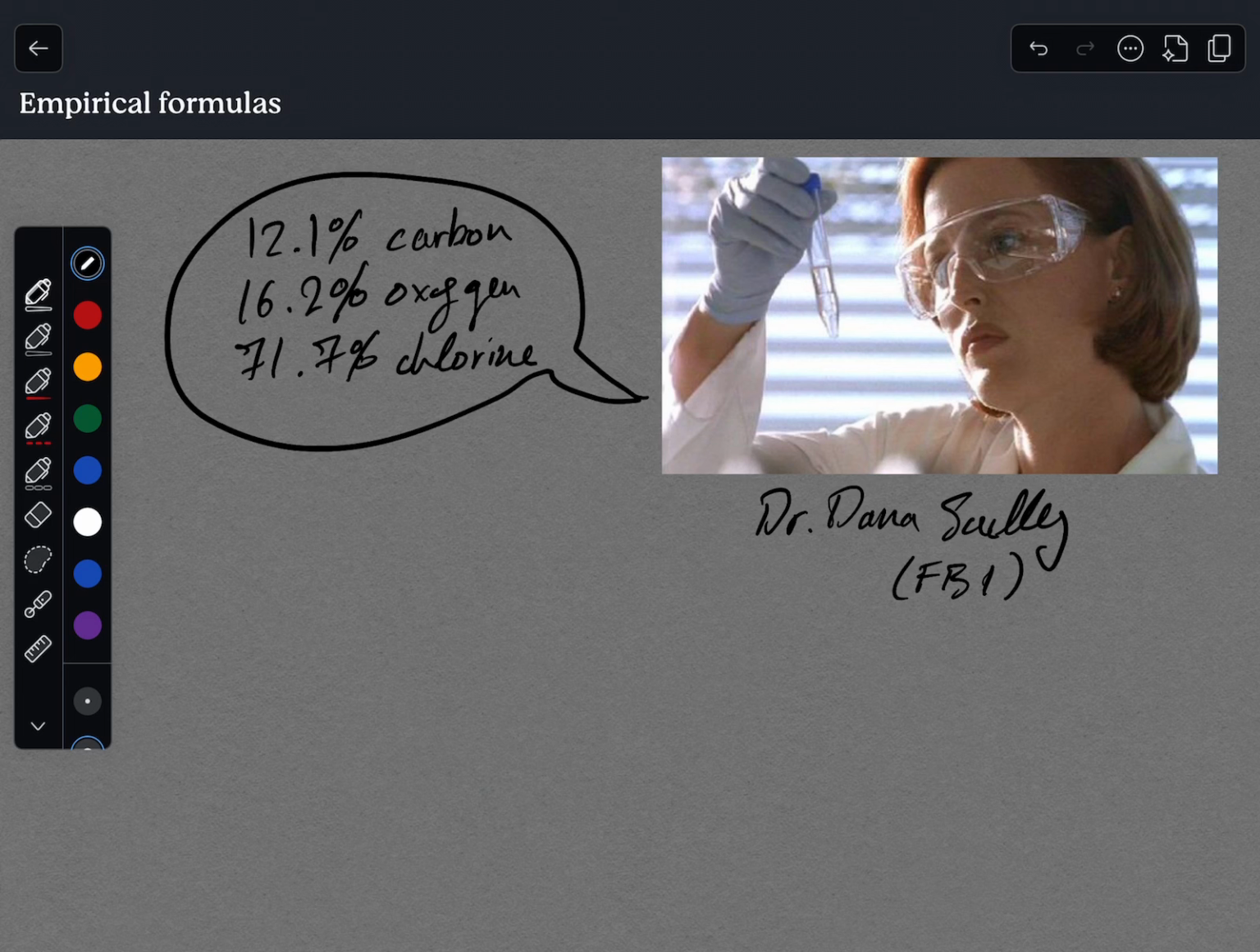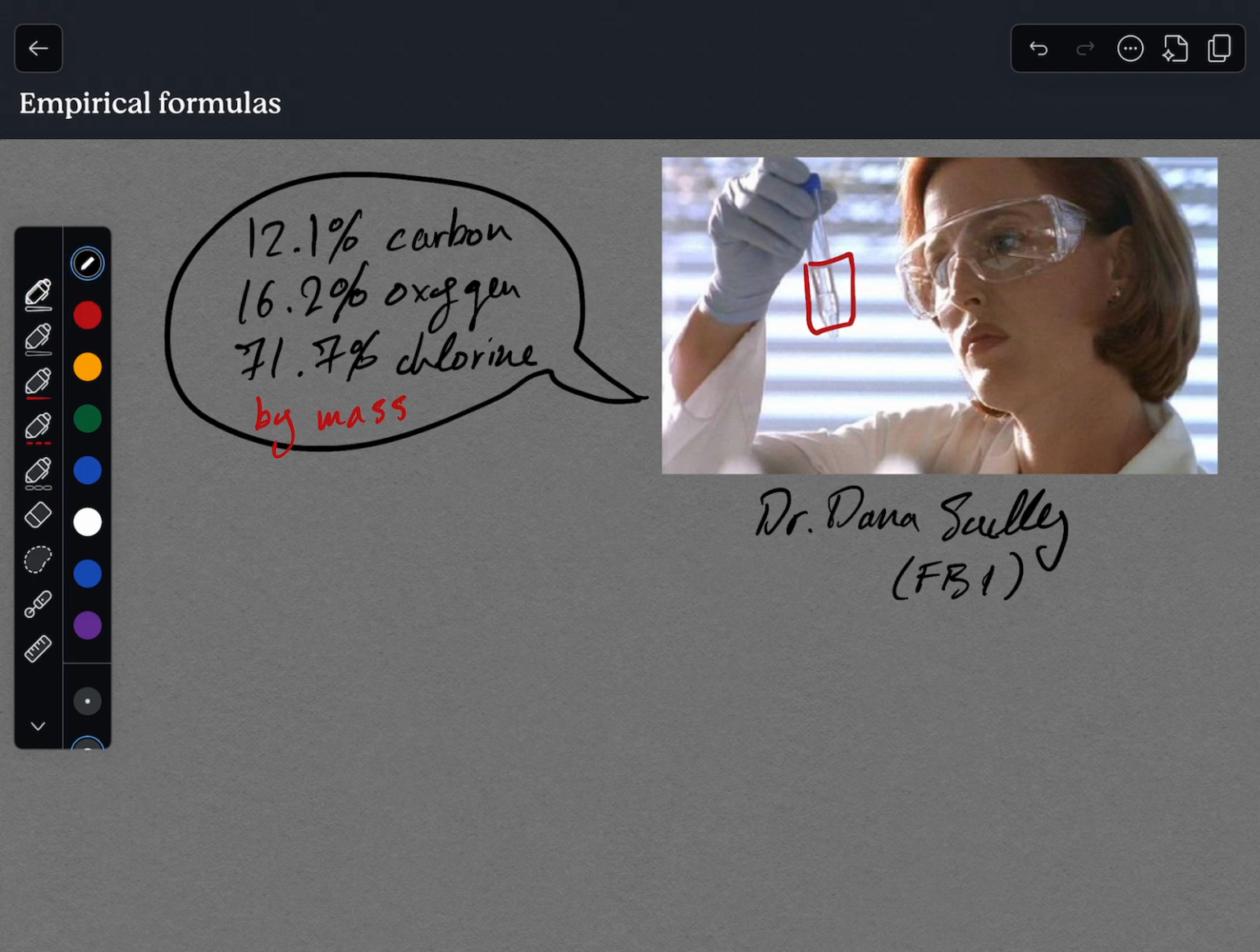And she has identified that the percent makeup of some unknown compound here, by mass, has the percentages 12.1% carbon, 16.2% oxygen, 71.7% chlorine. Okay, and again, this is by mass, not by moles or by molecules or by atoms, but just by the mass. So don't worry about exactly what experimental procedures are necessary to get these numbers, but the point